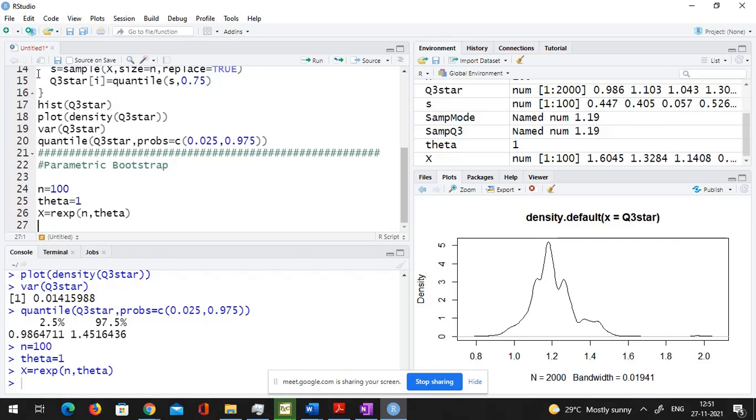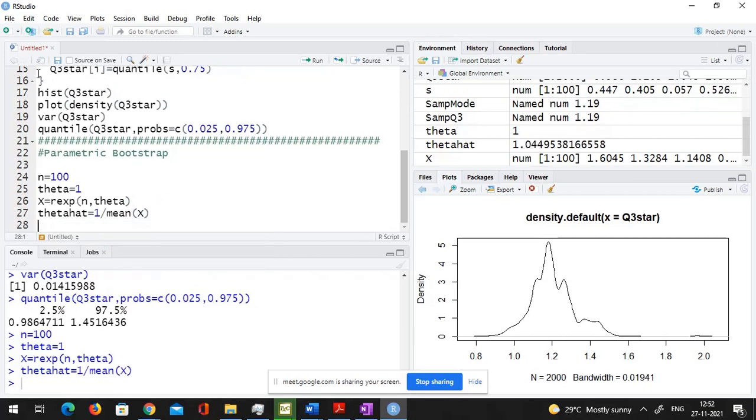How do I estimate theta? In an exponential, what is the MLE of theta? One upon sample mean, one upon x bar. So let me call it theta hat. So theta hat is one upon mean of x.